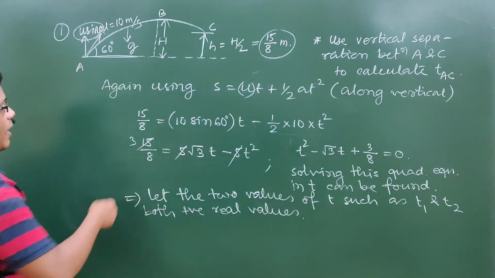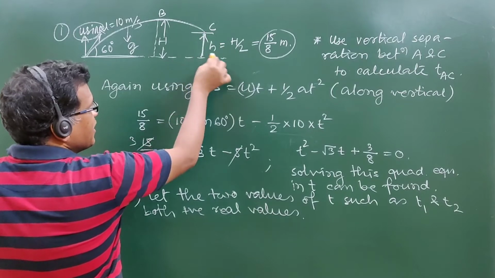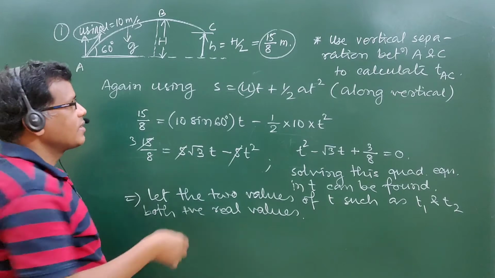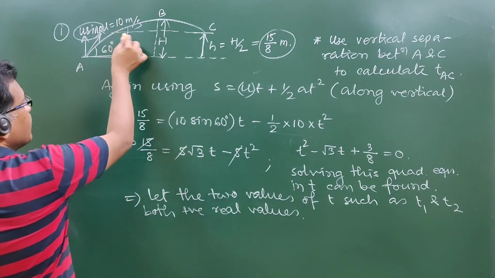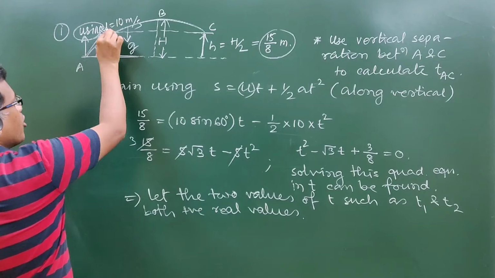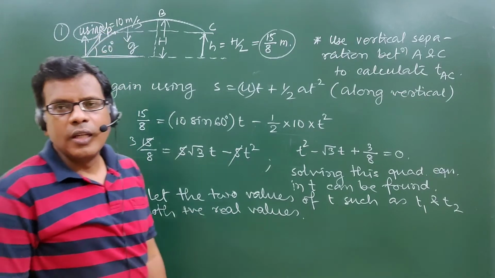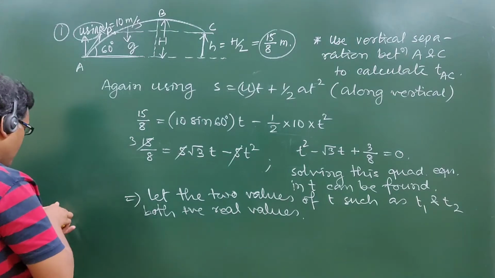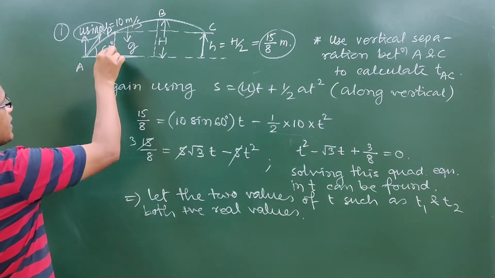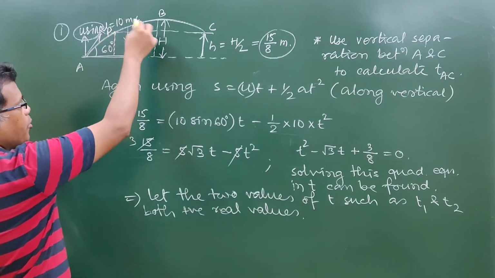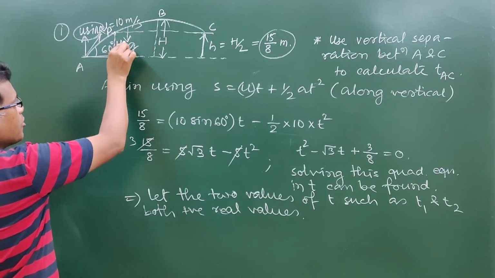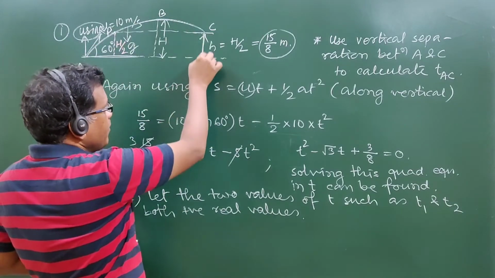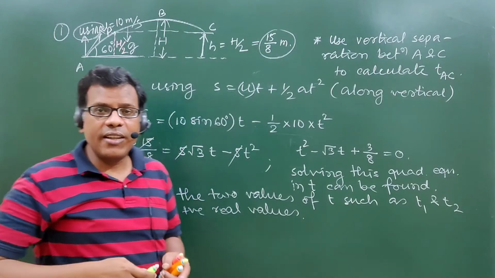Then what does it mean? It means that this vertical height, which is half of the maximum height, can be attained by the projectile twice. What does it mean twice? The particle can also, while crossing this point, let it be P, while going in the ascending phase of motion from A to B, at that time also the height is h by 2, and we are actually concerned with that same height, but in the descending phase of motion.